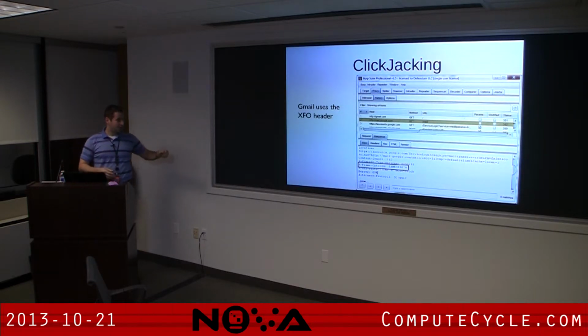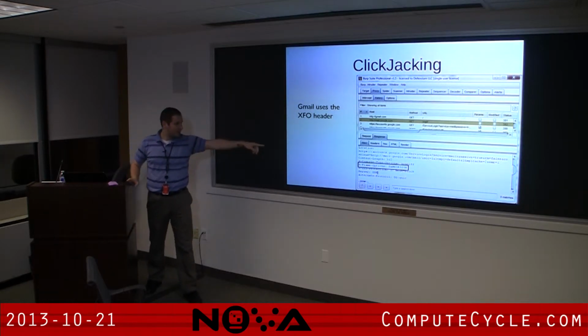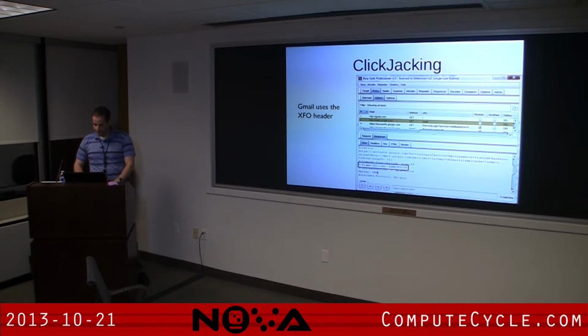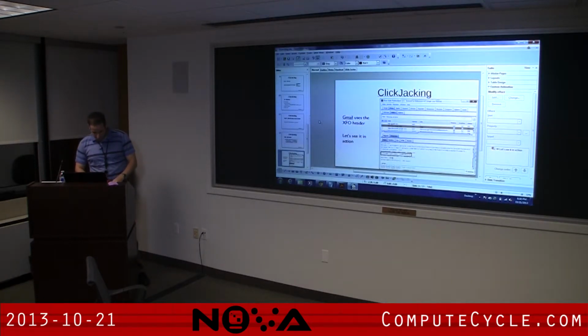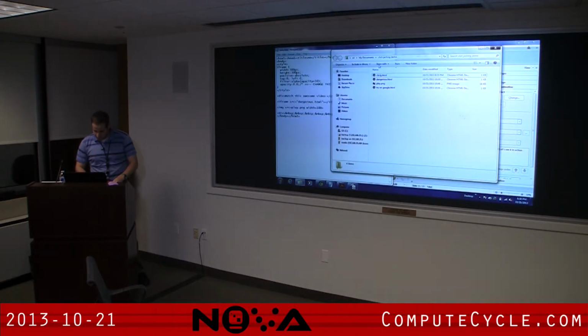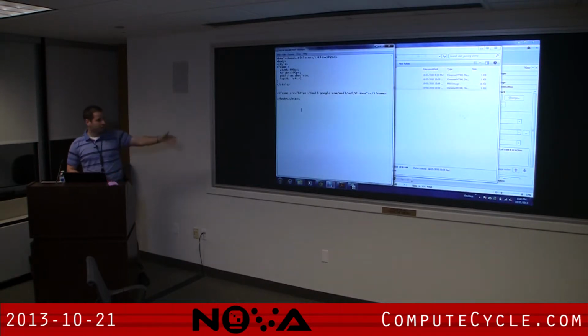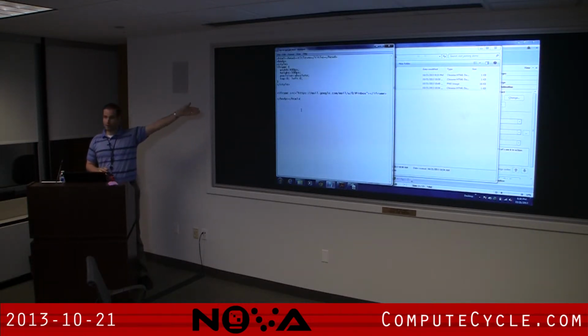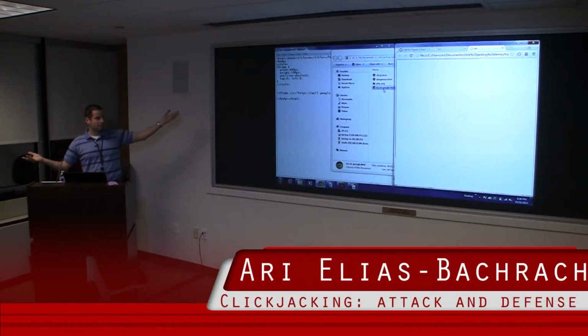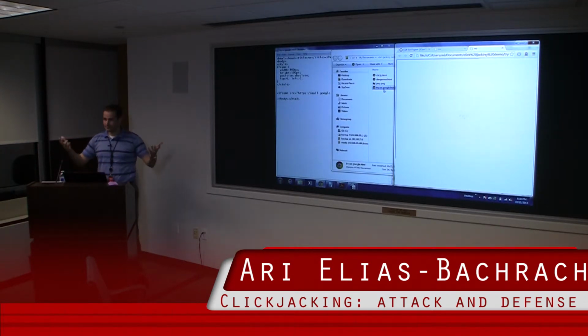So anyway, I was going to show you it in action. Gmail uses the X-Frame-Options header. I don't know if you can see in the back, but they set X-Frame-Options equal to same origin. So you should only be able to frame Gmail from the same origin. So yes, I do have internet. This is just a quick page. Basically, all it does is open up Gmail in a frame. And it's not transparent, so you can actually see it. As you can see, my browser isn't doing it. There's where Gmail should be, and you just got this big empty white box. So, yay, security works. What about on mobile devices?